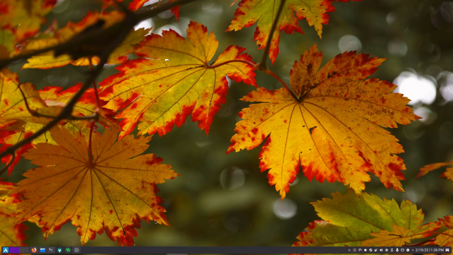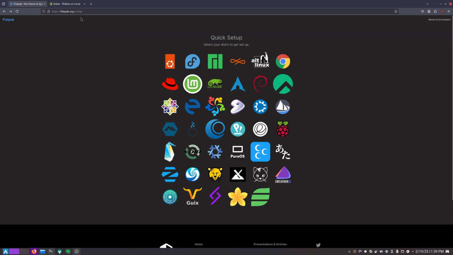So this is going to be an instruction on how to install Roblox on Linux. The specific distribution of Linux I'm using currently is Arch Linux. You can use this on Ubuntu or Pop OS or any other distribution as well. So let's begin. You're going to have to first go to this website right here called